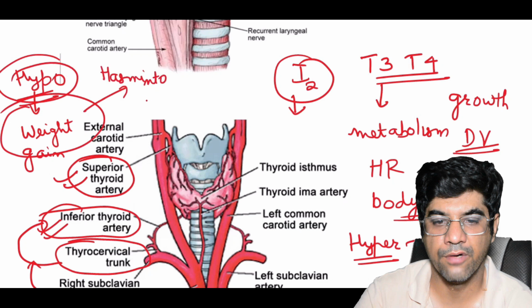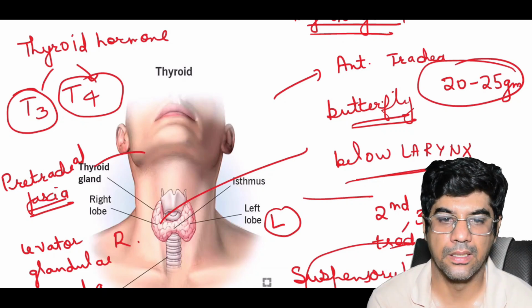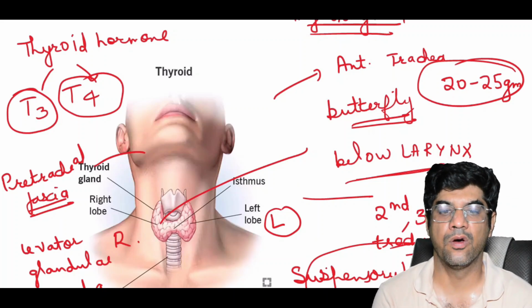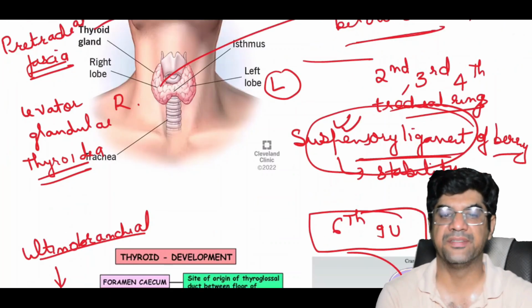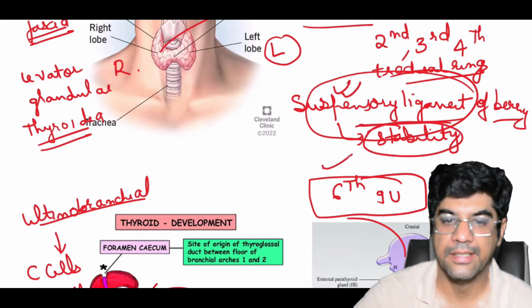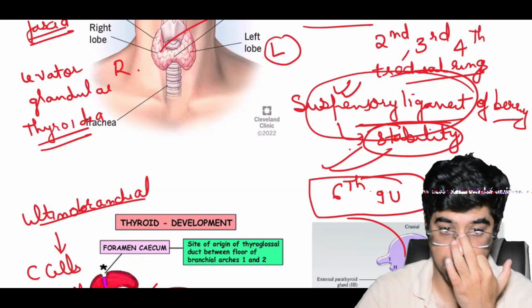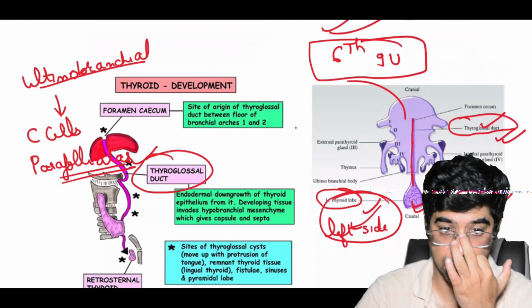An example is Hashimoto thyroiditis. Now, what are the fascia? The part of the fascia that encloses the thyroid gland is the pretracheal fascia. This fascia, along with the suspensory ligament of Berry, secures the gland to the trachea and provides stability. Now we know that the thyroid gland will move upward during swallowing as it is tightly connected to